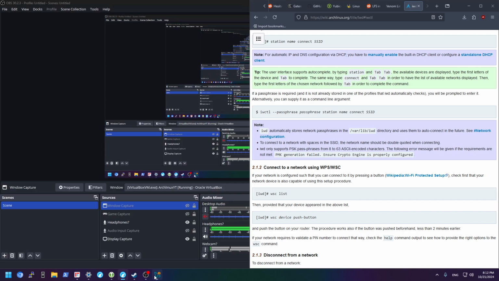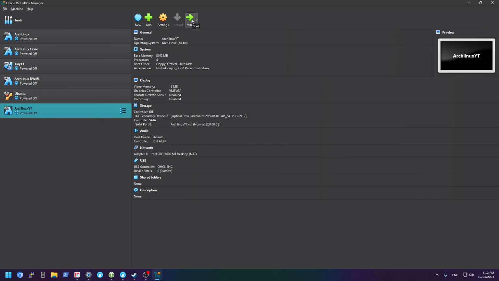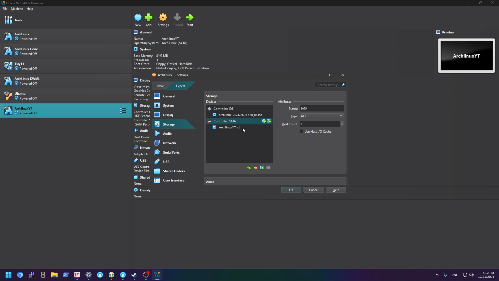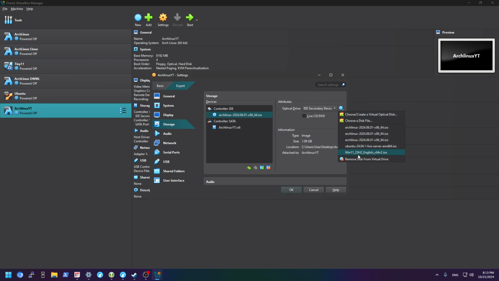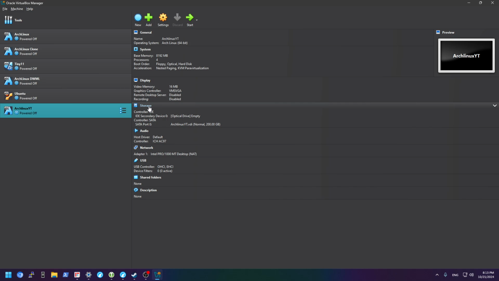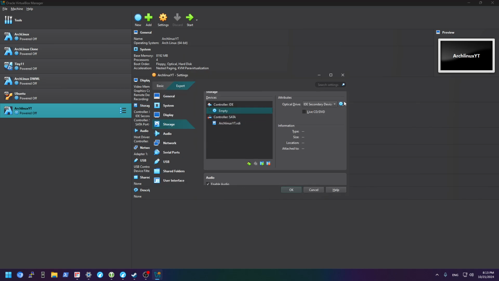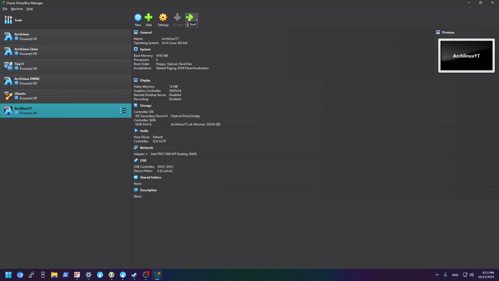Okay. With that done, I'm going to double check. Okay, so this is my ISO. I'm just going to make sure that I eject this because I don't want to go back into the installation media. It shouldn't take me back into the installation media, but I just want to be safe. So again, that's storage. You go to the controller and you remove your disk. Press start, and this should bring us